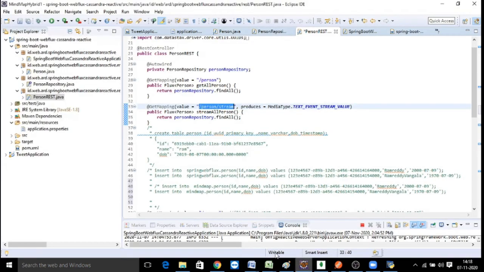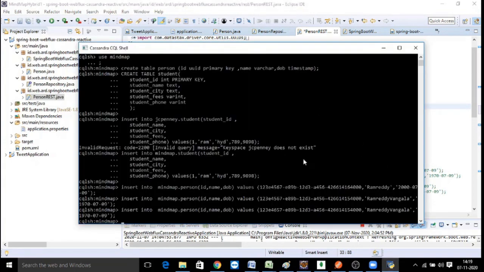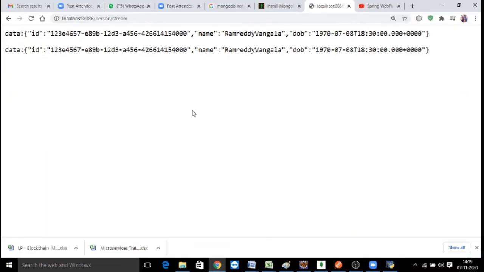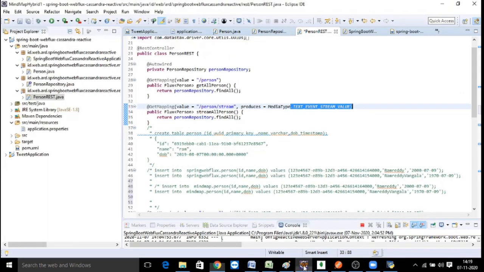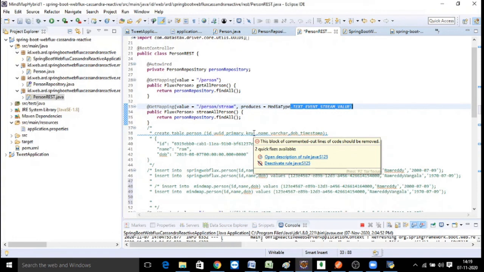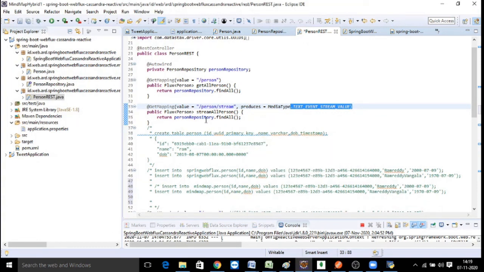Further, here you can customize your streamed information to be published by giving some delay. You need to load into your Flux and give a delay, and then you can publish the data in a streamed fashion, so that the live information, as soon as it is updated in the database, you can publish in your browser. That is how you can make use of Cassandra reactive repository along with Spring WebFlux. That's all.